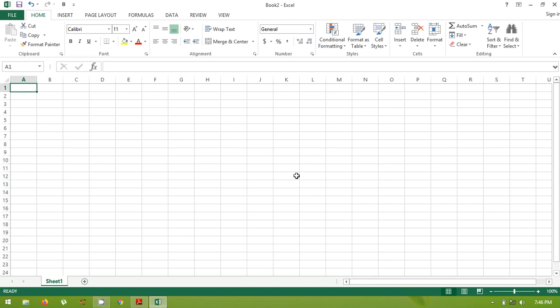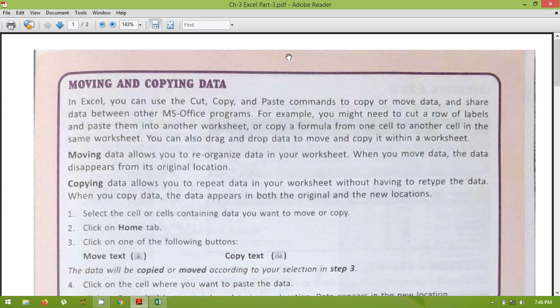Till now, we had discussed how to open Excel, the use of the software, components of the Excel screen, how you can enter the data, save the workbook, open a new workbook, select the cell, row and column, and make changes in your worksheet. Now today we are going to learn a new topic, that is moving and copying data.